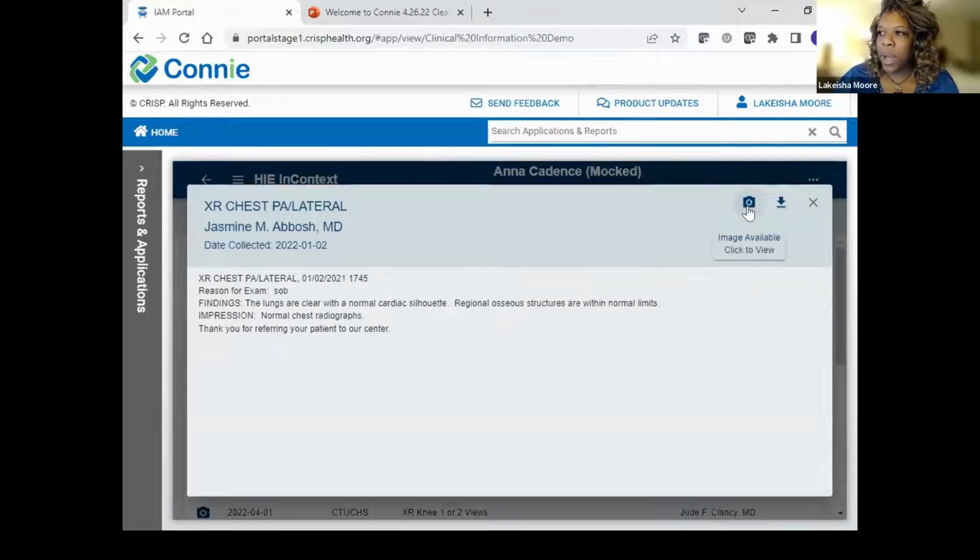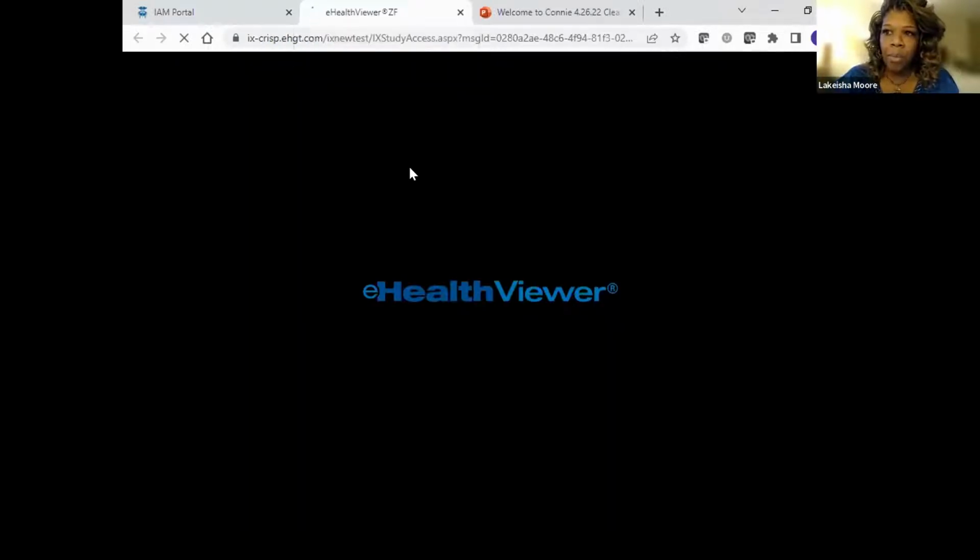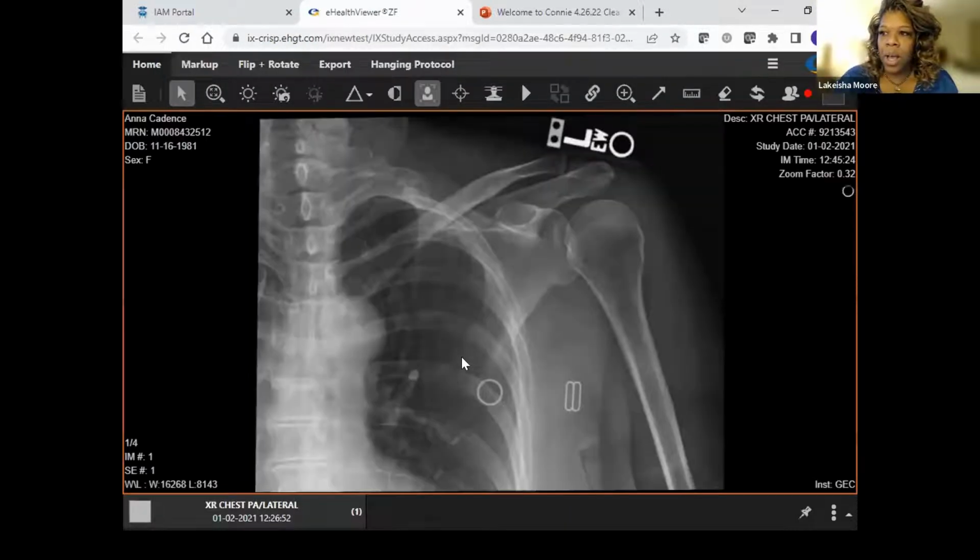But I'm also going to go ahead and click on, you'll see this little camera icon. So if it is a radiology group or hospital, many of their radiology centers do also send images too, then you can just click on the camera icon and that'll launch out to the PACS system right there at the source. So here, this is where we see the actual chest x-ray coming up. This is nice because